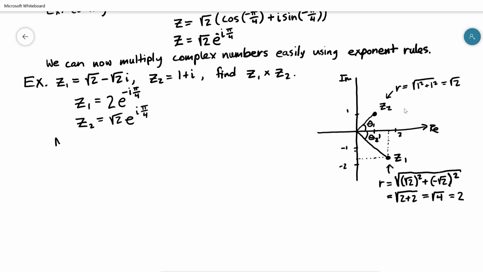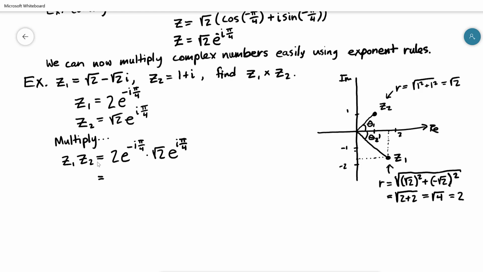And if we multiply them now that we have them in this polar form, Z1, Z2, that product has some funky formula again in the book for how you do this, but for us with the exponentials, this is just 2e to the negative I pi over 4 times root 2 e to the positive I pi over 4. And our rules for exponents say that if you're multiplying two numbers together like this, first, these coefficients out front,